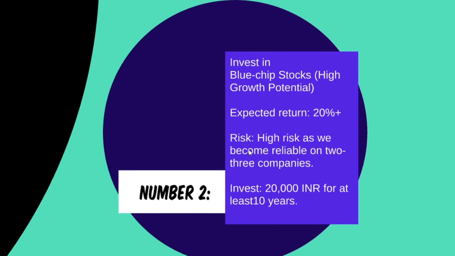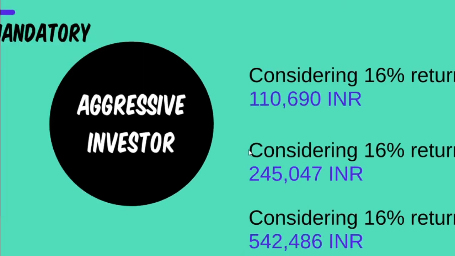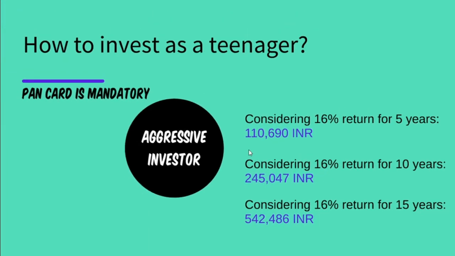So this is how you should invest as an aggressive investor, and trust me, if you stay invested for 10 years, you will get outstanding returns. Let's look at the returns and what amount we can expect after 10 to 15 years of investment. While investing in small caps, we can easily expect high returns. If the fund and the stock we have invested in are good, we will get outstanding returns. I have considered 16% return here.